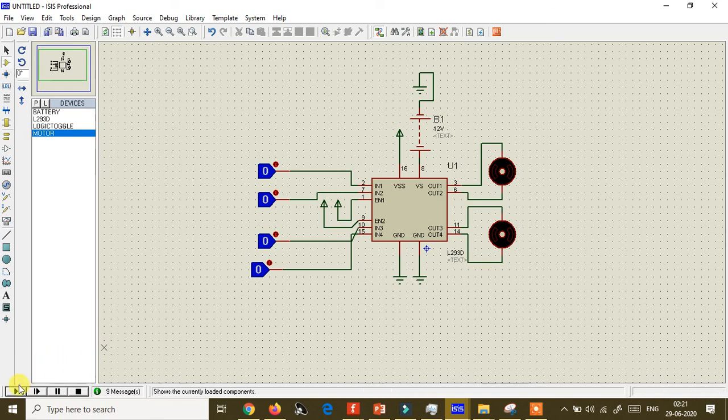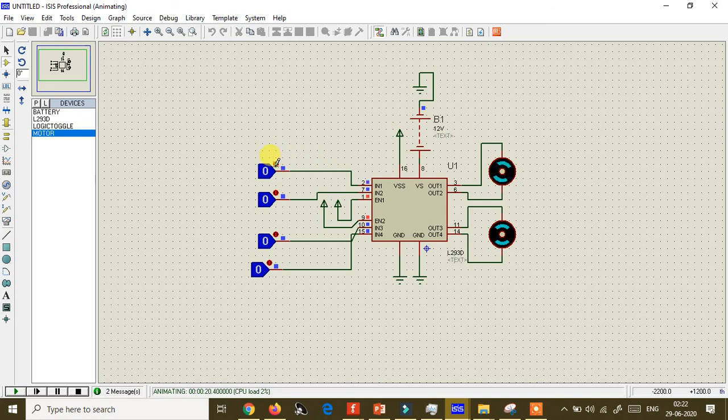For simulation I'll press here, and as I have taken a 12 volt DC motor, I have given 12 volt supply here. First of all, I'll give supply to pin number 2, so that the current will flow through pin number 3 and the motor should rotate in clockwise direction. Let's check it. See, it's rotating in clockwise direction.